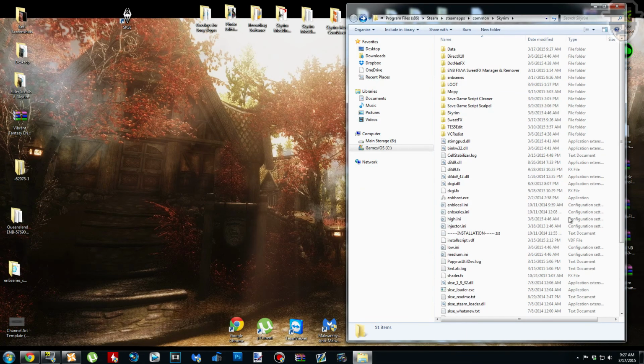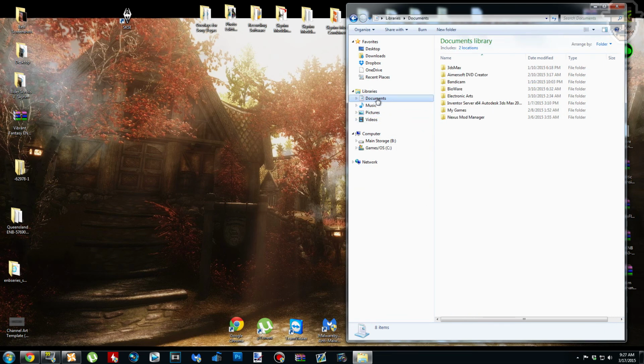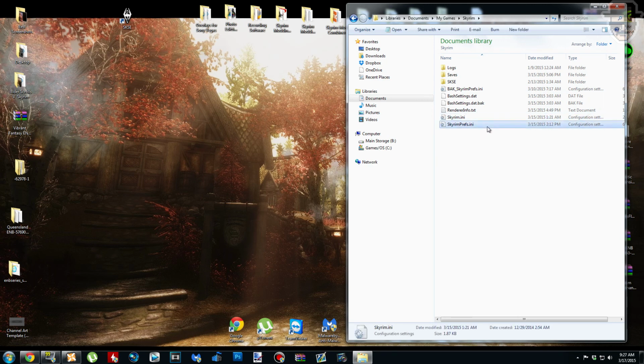So click My Documents, My Games, and Skyrim, and you'll see Skyrim.ini and SkyrimPrefs.ini, but if you don't see the .ini there, don't worry about that. Your operating system just hides file extensions. So we're going to open up the SkyrimPrefs.ini,